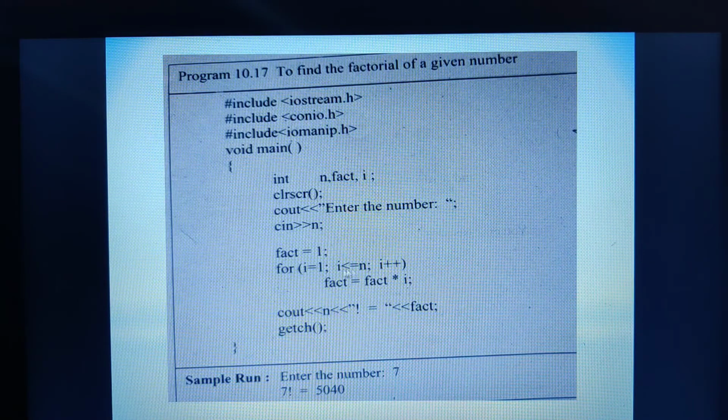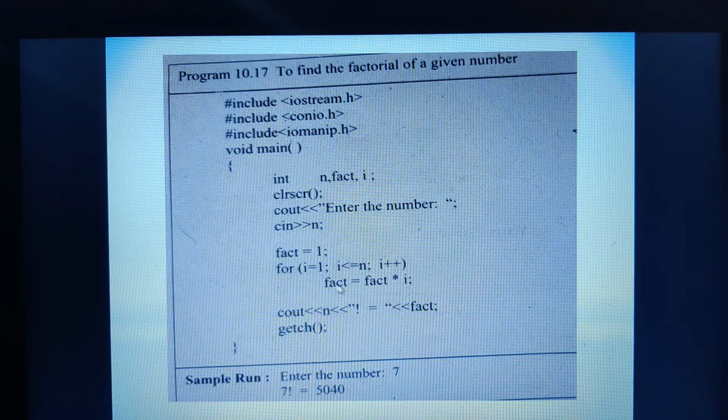I hope you are able to understand how to give this particular condition. And then finally I am incrementing the counter variable by 1 every time. On satisfying this condition, the control goes to this particular statement where fact is equal to fact into i. That means here I am calculating the factorial. How? I will explain this while tracing the program. And finally, once this condition becomes false, control automatically jumps to the next statement.